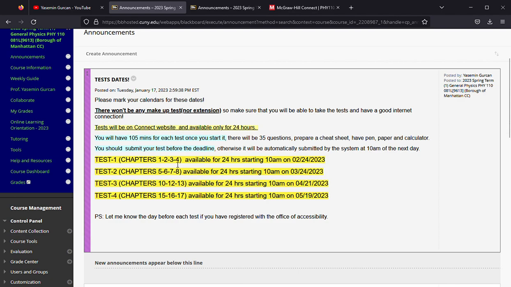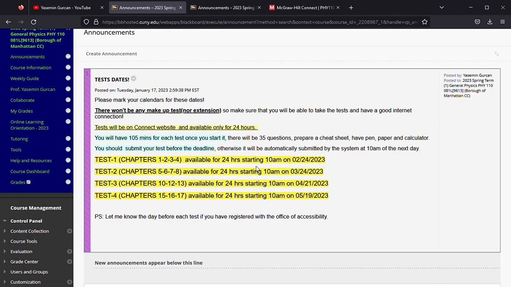However, you will have 1 hour 45 minutes to complete each test, where you have 35 questions. Some of them are going to be multiple choice, and so time-wise, you won't have any problem with short times or anything like that if you have studied before, of course. If you didn't, then probably even a whole day is not going to be enough. Anyway, make sure that you take the tests on time and submit them,